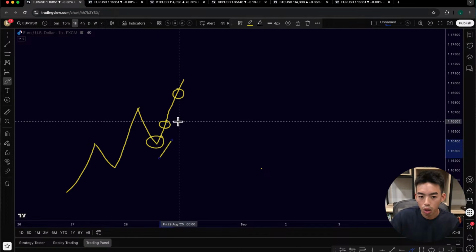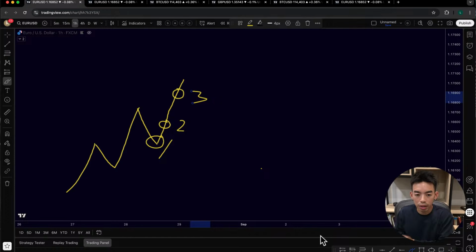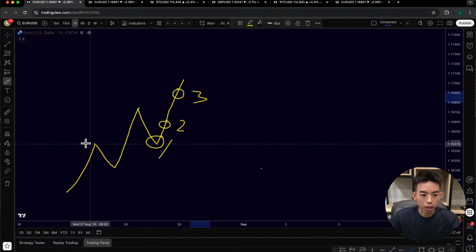Let's say this is 1, this is 2, and this is 3. Where do you think most traders with a lot of resources are pumping in their position? 1, 2, or 3? All of you are going to say 1. Yes, so you are saying 1. And that's where most of the positions are being pumped into the market.